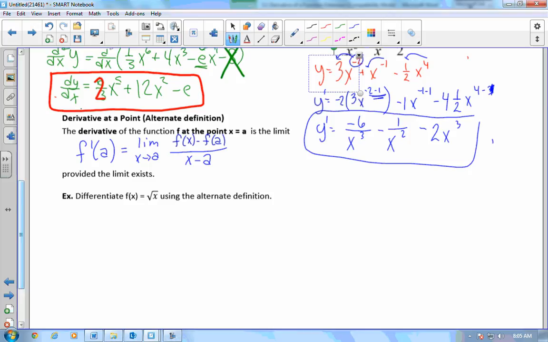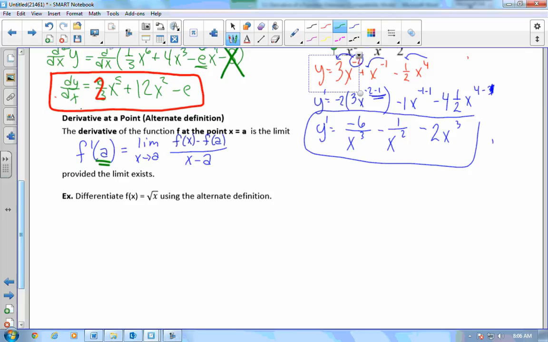That's like average. The one on the front is right. Yeah, it's like your y2 minus y1 over x2 minus x1. As you're approaching, and this time you're approaching a specific value, wherever a is. Okay, differentiate